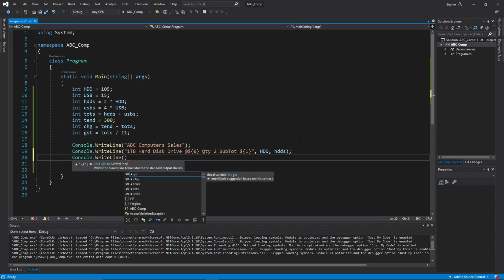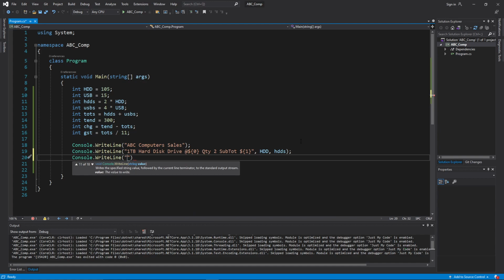So this time the line item is for 16 gigabyte USB drives, and the price is going to be our first variable, and the quantity of the purchase is going to be 4,